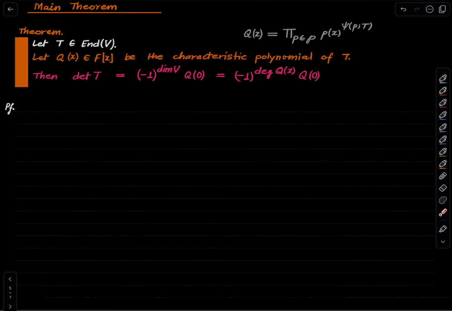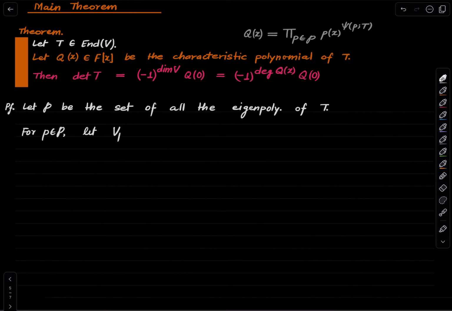All right, so now let's prove this. It's going to be a very simple proof because we'll use the primary decomposition theorem. So let this be the set of all the eigenpolynomials of T. For any eigenpolynomial p, we write Vp to mean the space of generalized polyeigenvectors corresponding to that eigenpolynomial. And we know by the primary decomposition theorem,